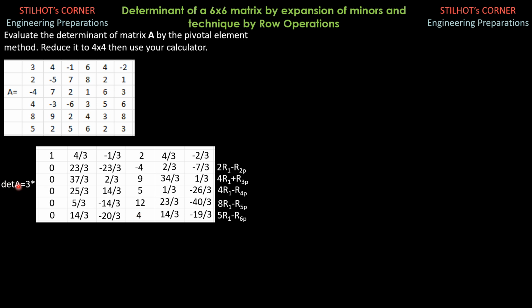Now the determinant would be equal to 3 times the minor of 1, which is this. By expansion of minors, we have 0 times the minor of 0, which consists of these elements, a 5 by 5 matrix. It begins with 0 times something, so it is always 0. Then alternating signs, remember? But since these are all zeros, alternating signs does not matter. Therefore, the determinant would be equal to 3 times the determinant of this 5 by 5 matrix.